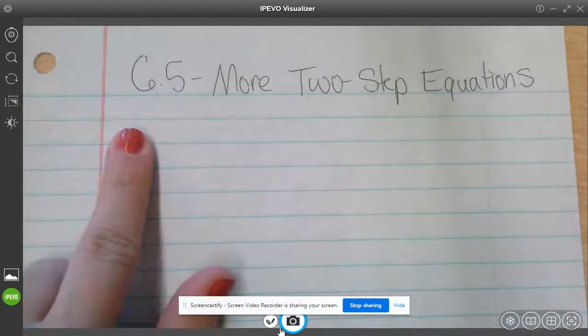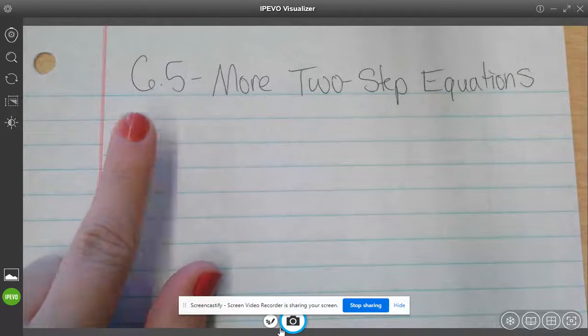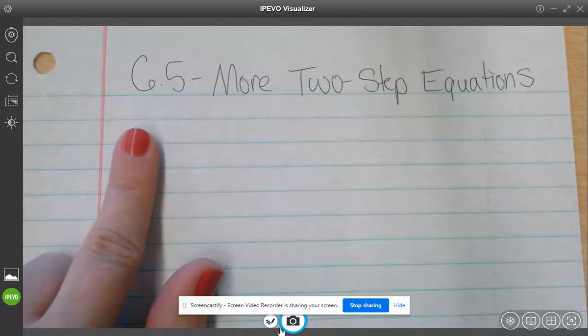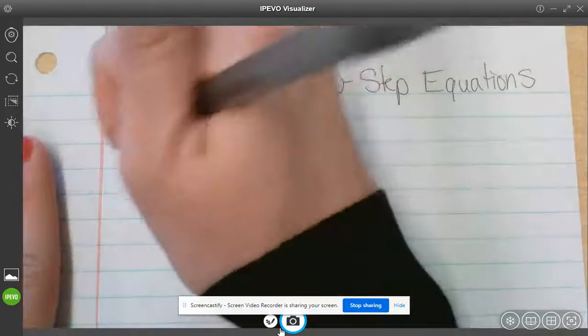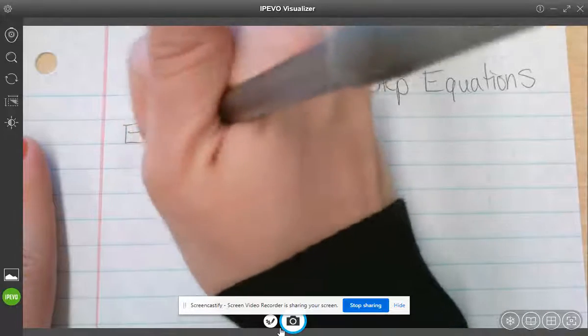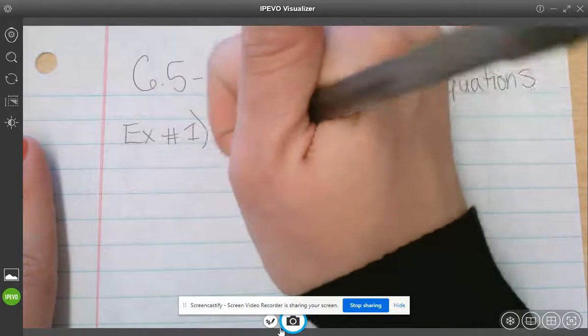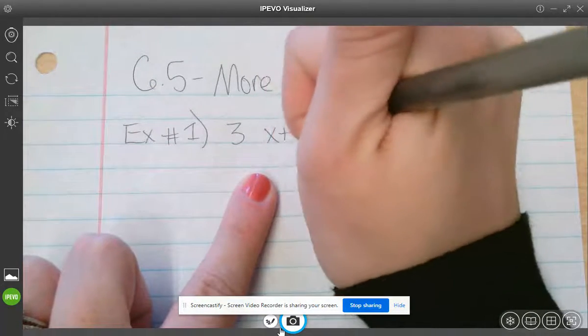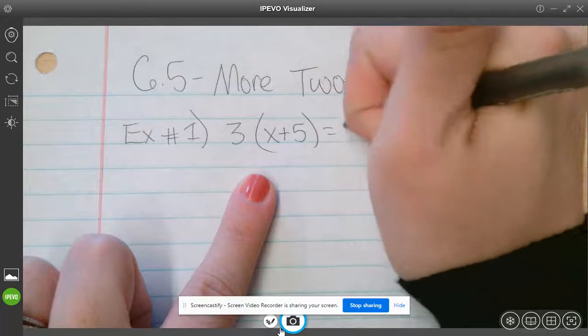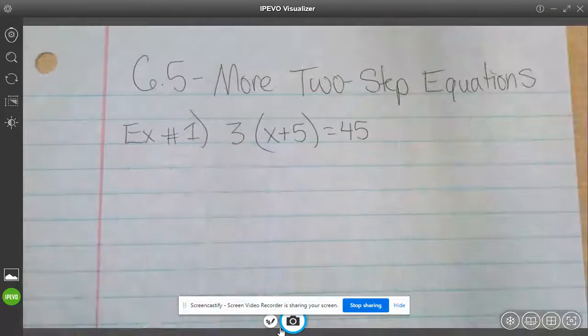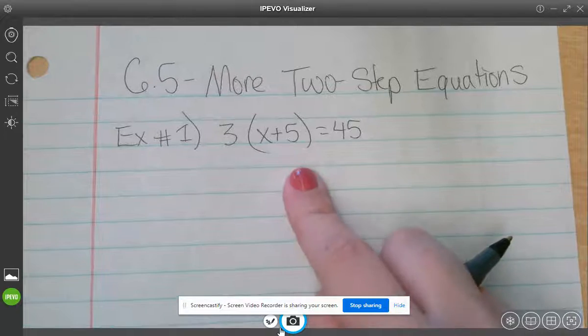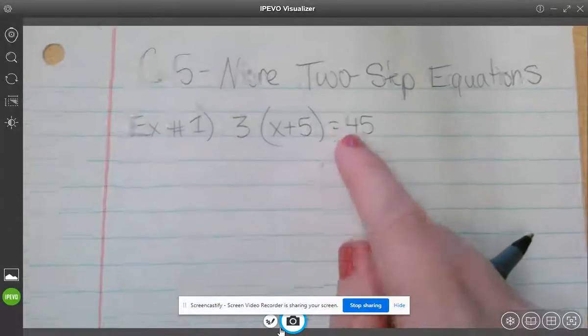I'm not going to write them down because you have them in your 6.4 notes. But step 1, you're getting rid of the number that's not directly attached to x. Step 2, then you get rid of the number that is. So we're just going to jump right in here. 3, and then in parentheses we have x plus 5 equals 45. So there's a couple different ways to do this, but the way that I think is easiest,